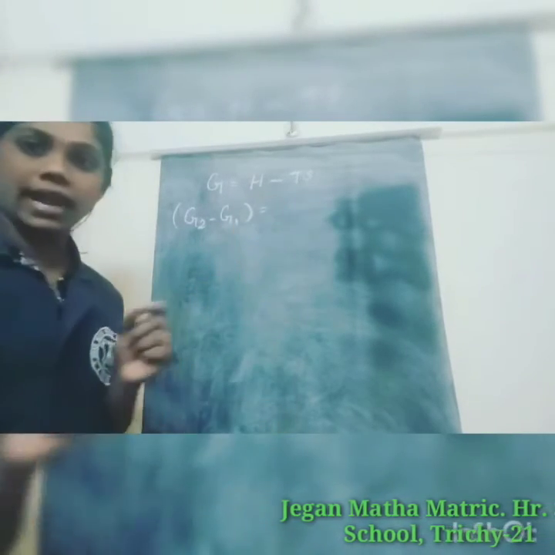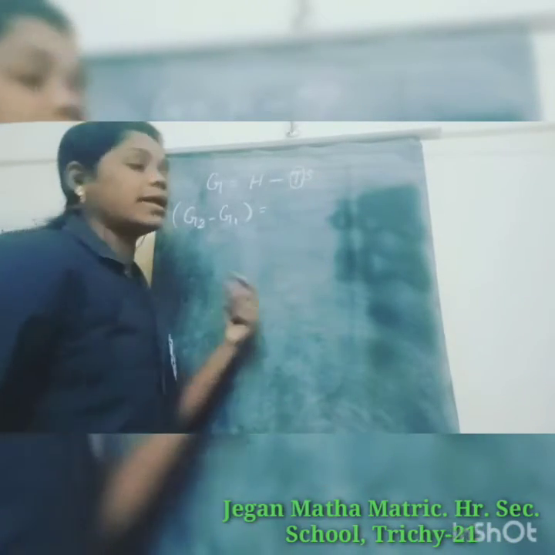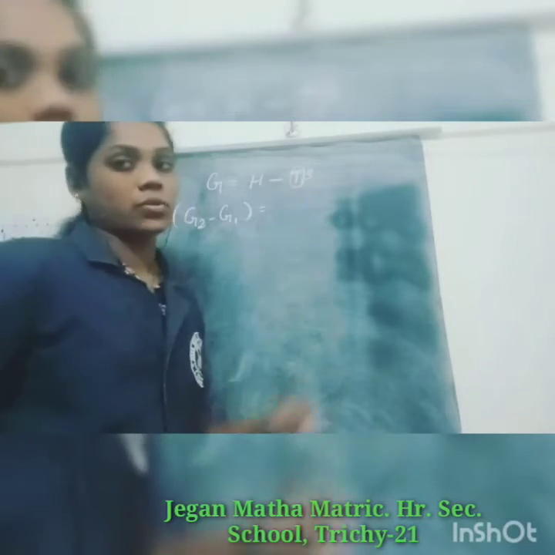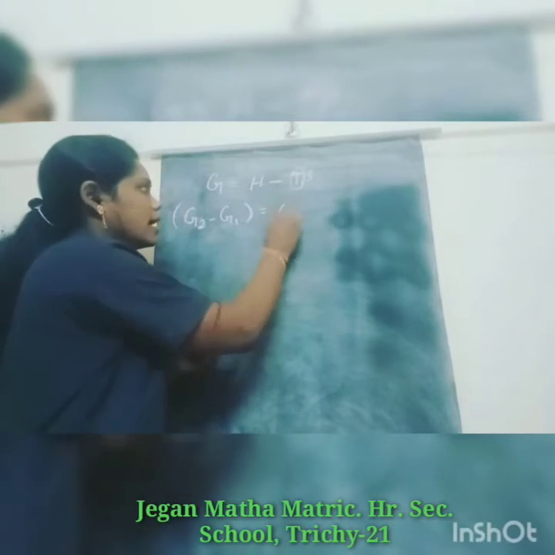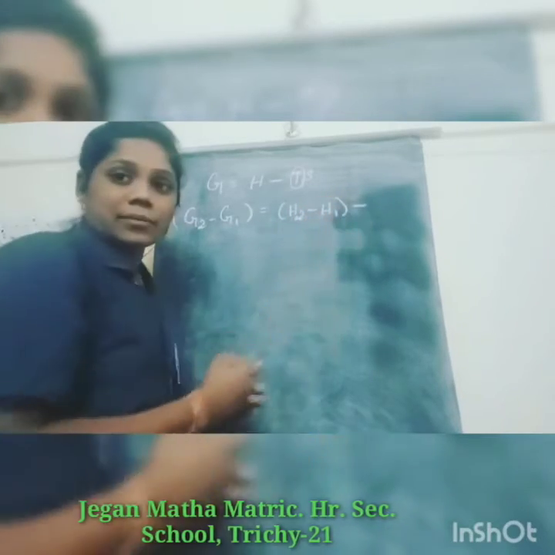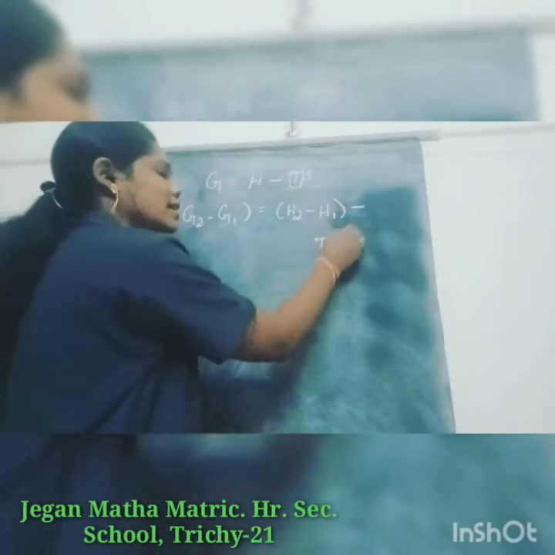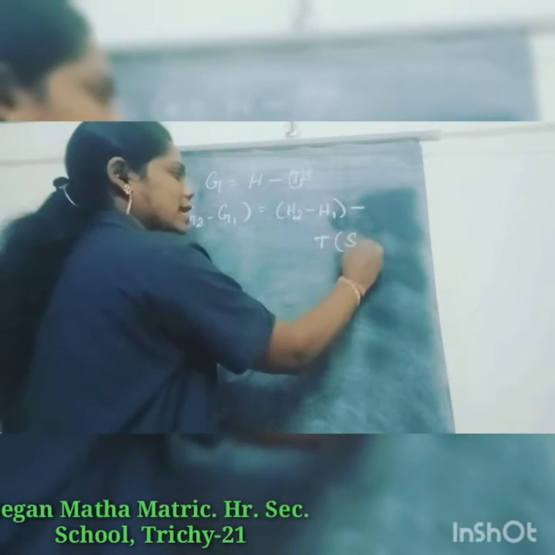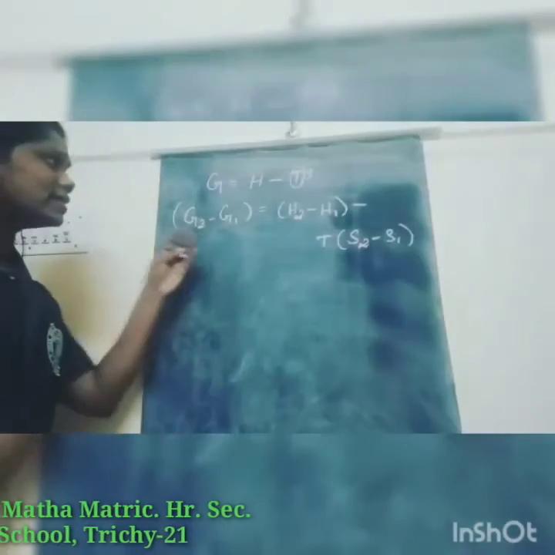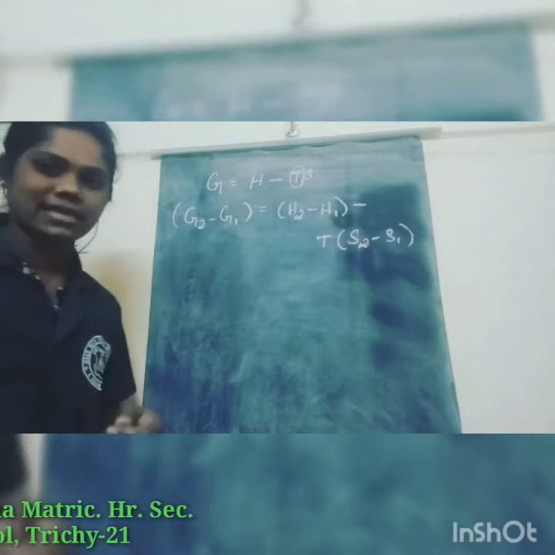Here H represents enthalpy. Only the temperature is constant here; otherwise entropy and enthalpy are normal. So H2 minus H1. And T is temperature, so you write it like this. That is T only. What is remaining? S. So S represents S2 minus S1. Okay. So how to write this? G2 minus G1, that is equal to del G.